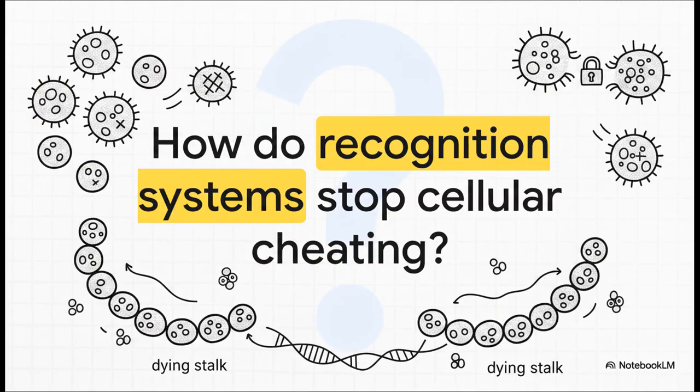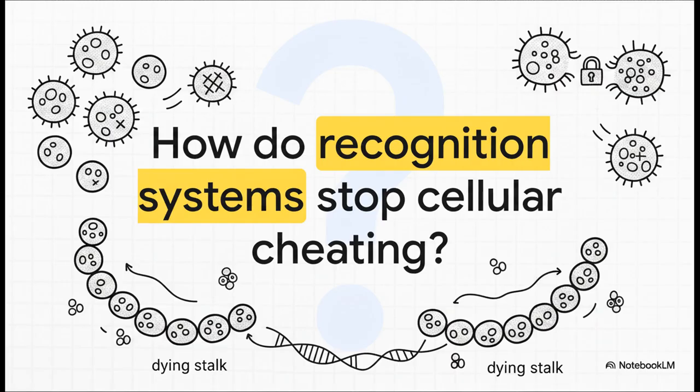But here's the catch. Molecular studies show that a mutation in a single gene can turn a cell into a cheater. A cell that joins the aggregate but refuses to die for the stalk. If cheating's an evolutionary advantage, why don't they all just cheat? It turns out non-cheating cells actually have a surface protein that recognizes other non-cheaters, completely freezing out the mutants.